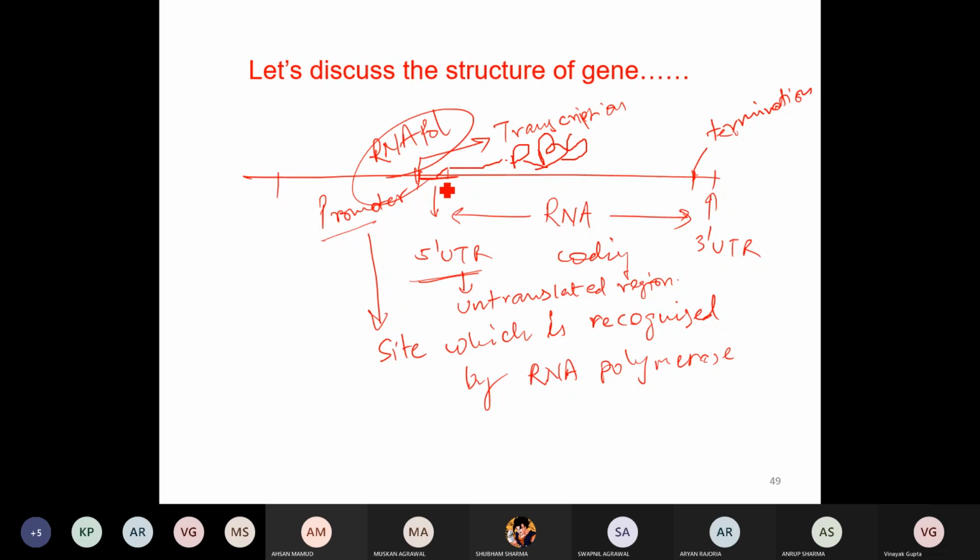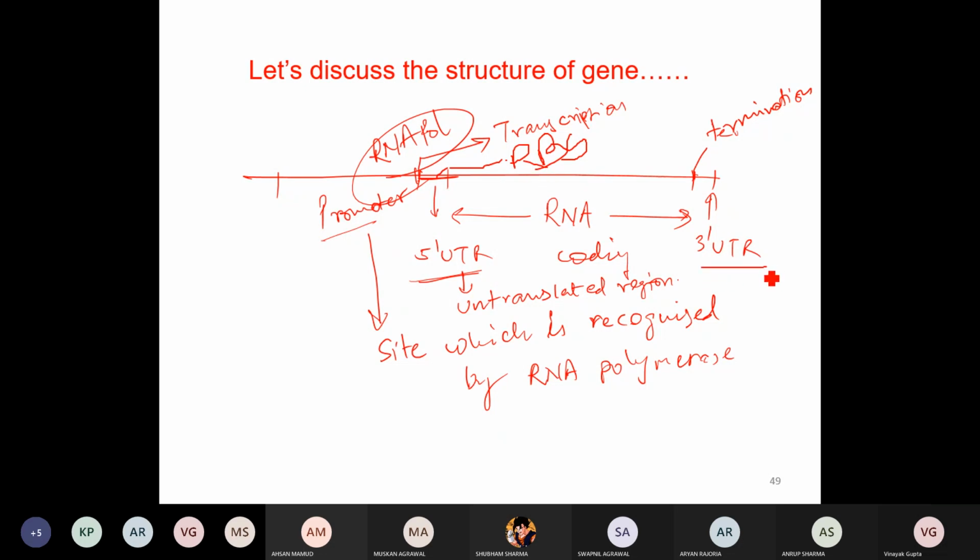Same thing in case of the 5' UTR. A mutation is there, so either there will be no ribosome binding or the ribosome will bind but not very efficiently. So the rate of translation, because ribosomes are involved in protein synthesis, proteins will not be synthesized at a normal rate. They will be synthesized at a very low rate. So that is the function of the 5' UTR. In the promoter region, the RNA polymerase binding site is there. The 5' UTR consists of the ribosome binding site.